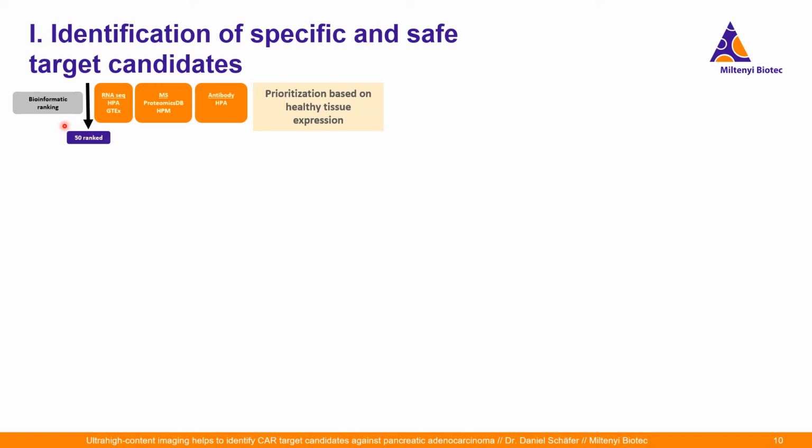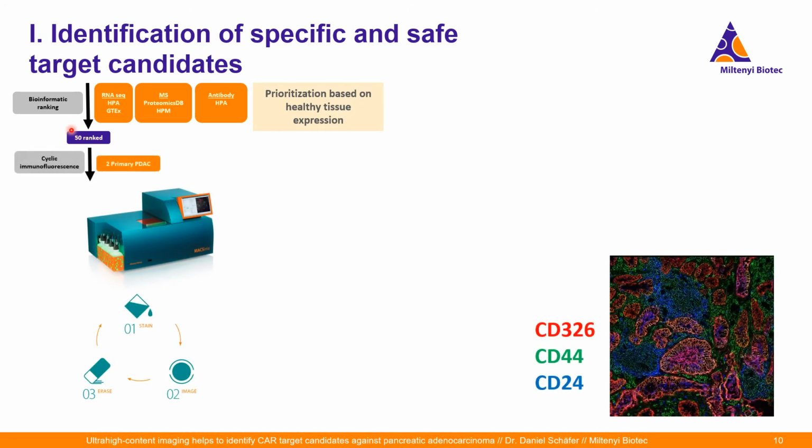In order to find this out, we performed screenings from in silico databases. We used 2 RNA-seq databases, 2 mass spec databases, and 1 antibody-based database. And we ranked these 50 target candidates according to their off-tumor or healthy tissue expression. We ended up with the prioritization of these candidates, meaning that the highest one has the lowest off-tumor expression and vice versa. In order to verify the results that we were able to generate on patient-derived xenograft models, we wanted